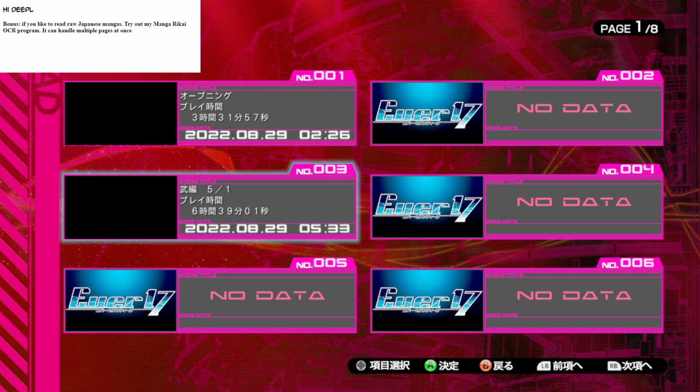So I have some technical malfunction here. I have been unsuccessful in getting OBS to capture my rich text editor. I've been able to do it in the past just fine, but for some reason today it's just not working. I don't know if LibreOffice Writer updated or OBS updated. I don't think OBS updated, but something updated and now it won't work. So I'm just going to have this loading my save files screen up